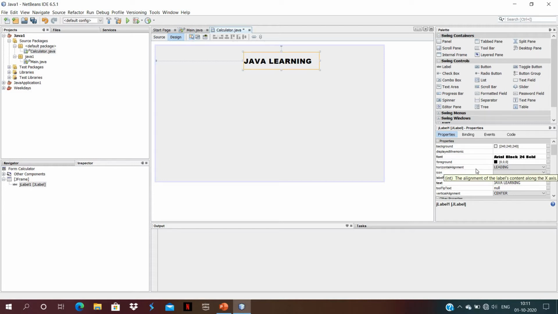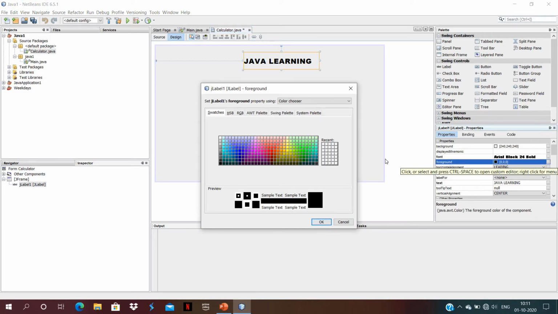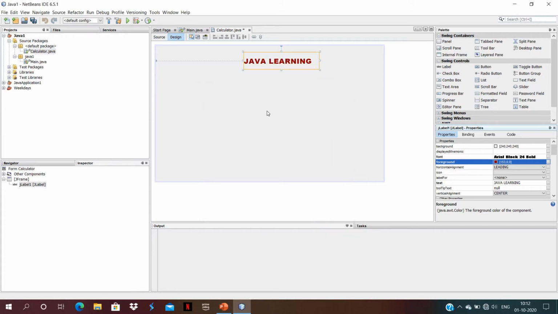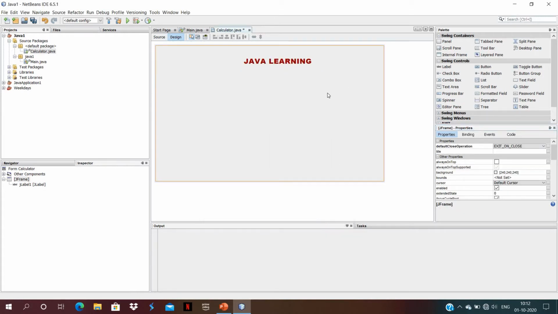If you want to give the color of your text, you just go to the foreground color in property window, click on three dots, a window will appear in front of you. Choose your color and click on OK button. Okay, now your heading is completed.